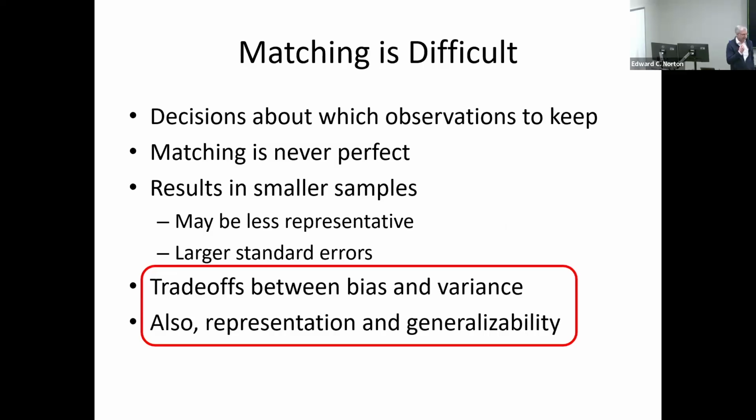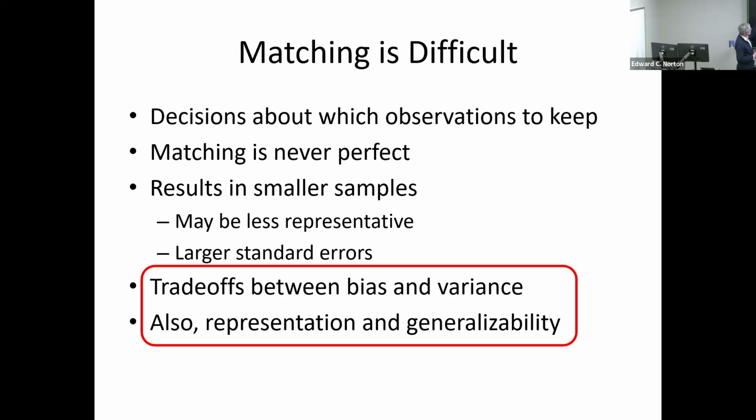Why am I down on all these other matching methods? They actually are very good in moving towards where we want to be. They do a reasonably good job about getting us to compare likes to likes, about improving the table of summary statistics, but it's never perfect. There are all these decisions, if you do propensity score matching or anything else, about which observations to keep. You typically drop observations, sometimes treated, often controls. The matching is never perfect. You never get perfectly balanced tables. You get closer, that's good.